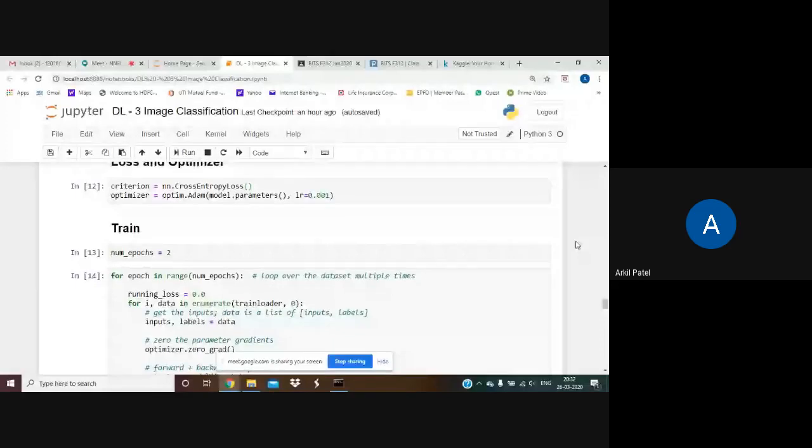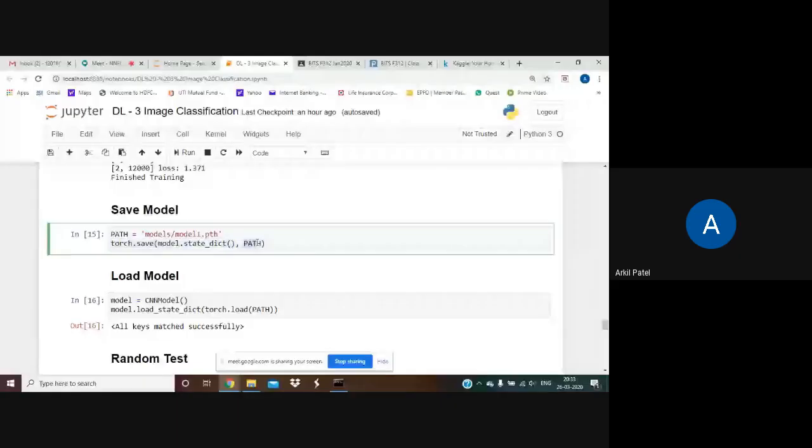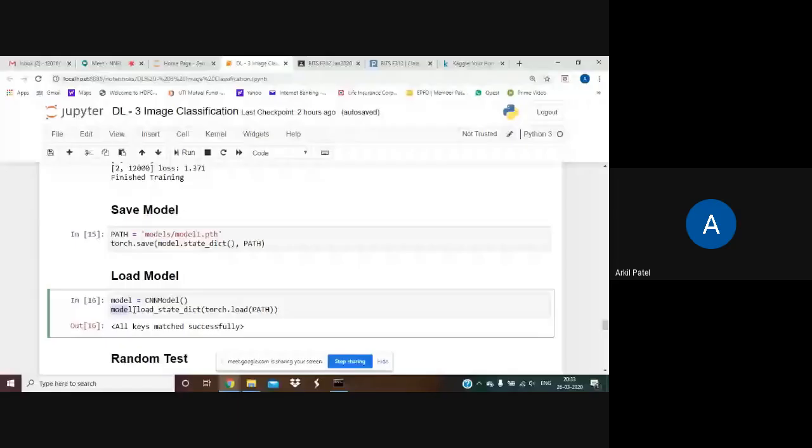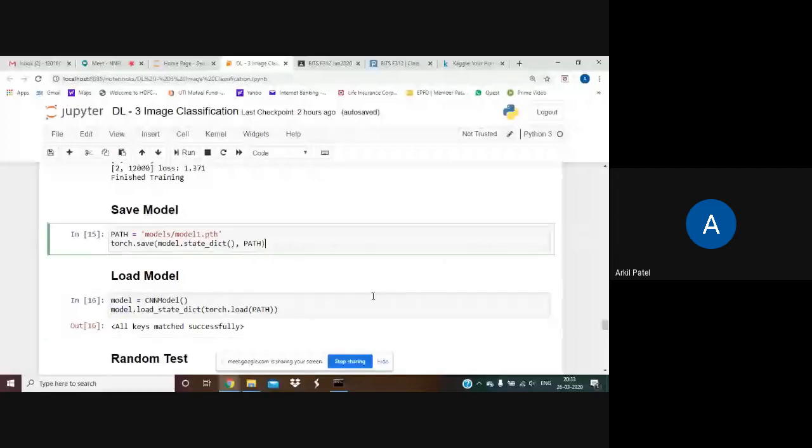And then you save it this way, torch.save, and you save it in the path, and then you can load that same model. So for that, what you do is you define, let's say, another object of my CNN model, and to that model I'm going to load the same file which I have saved over here, right? So it's pretty straightforward. So over here I have just saved that model and I have loaded that same model.